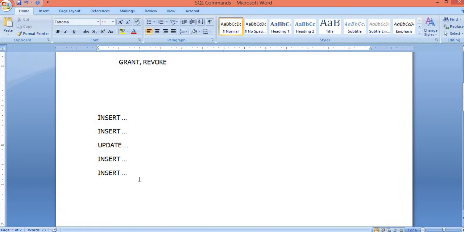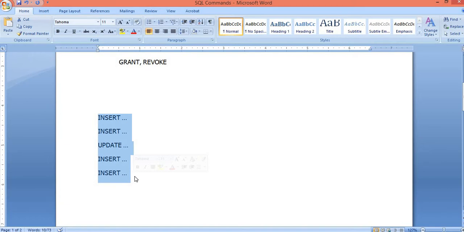Buffer in the sense, assume that you execute these 5 commands, and after that you switch off your computer, and again you switch on your computer and try to retrieve the records. When you try to retrieve the records, these 5 commands' results will not be there in your database. The reason is that when you gave these commands earlier, those results were available only in the buffer.